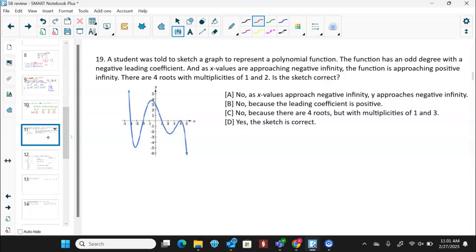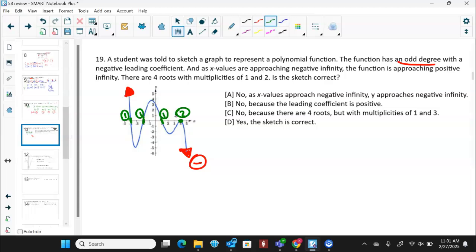All right, next question says, the student was told to sketch the graph that represents a polynomial function. The function has odd degree, which means the ends go in opposite directions. All right? With a negative leading coefficient, that means the right tail goes down. And as the x values approach negative infinity, the function is approaching positive infinity. There are 4 roots with multiplicities of 1 and 2. So 4 roots, I got 1, 2, 3, 4. And what are their multiplicities? Slice, slice, slice, bounce. Okay? So yes, 4